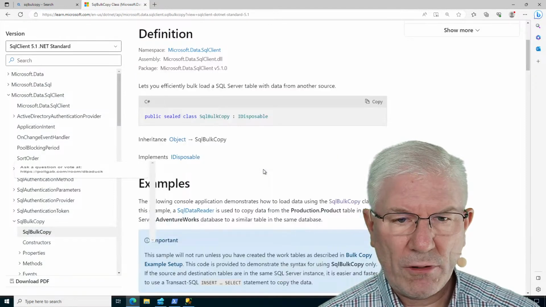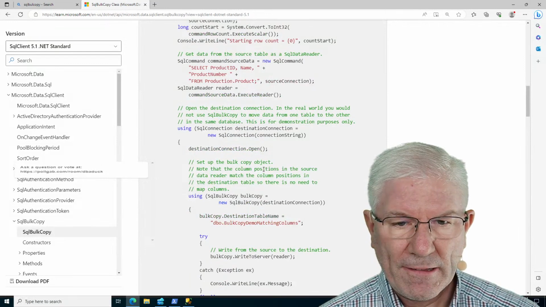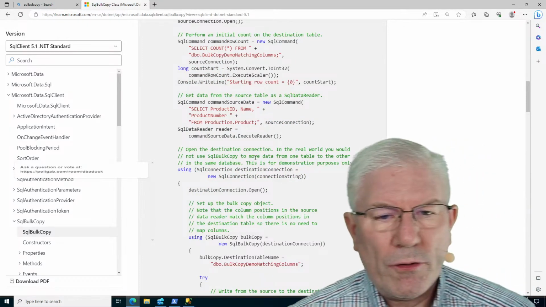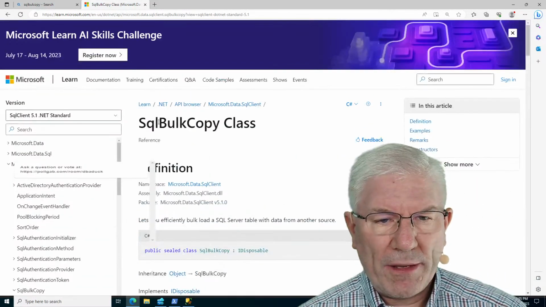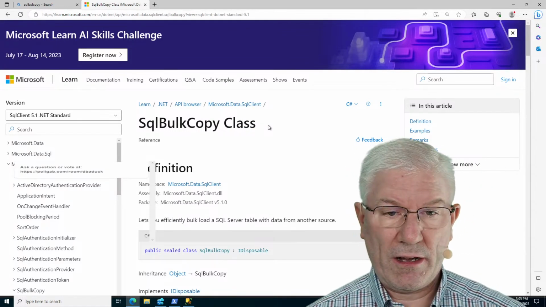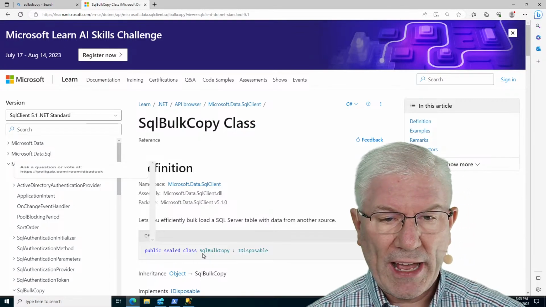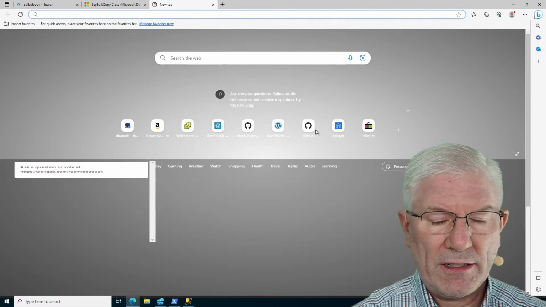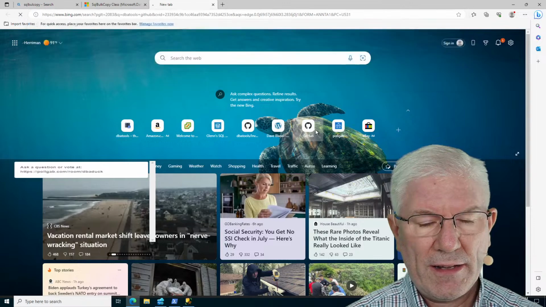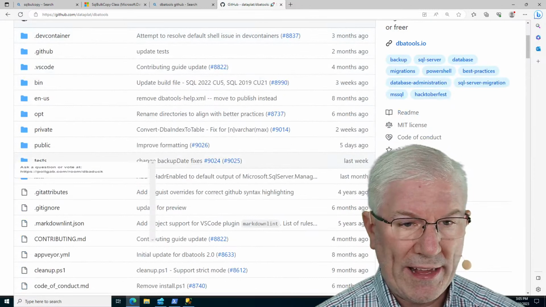This is not helpful. Let me see if I can see a different one. We'll go through this real quick. So the crux of it is that there's this SQL bulk copy class in .NET. And because PowerShell is written on .NET, we get the luxury of using a .NET class. Now the trick here is that if we look at DBA tools, which will go right here,